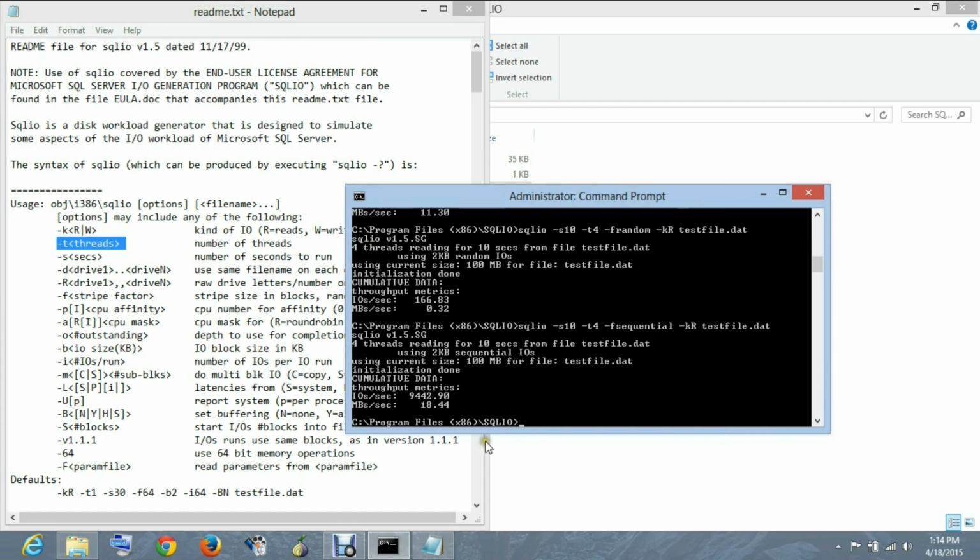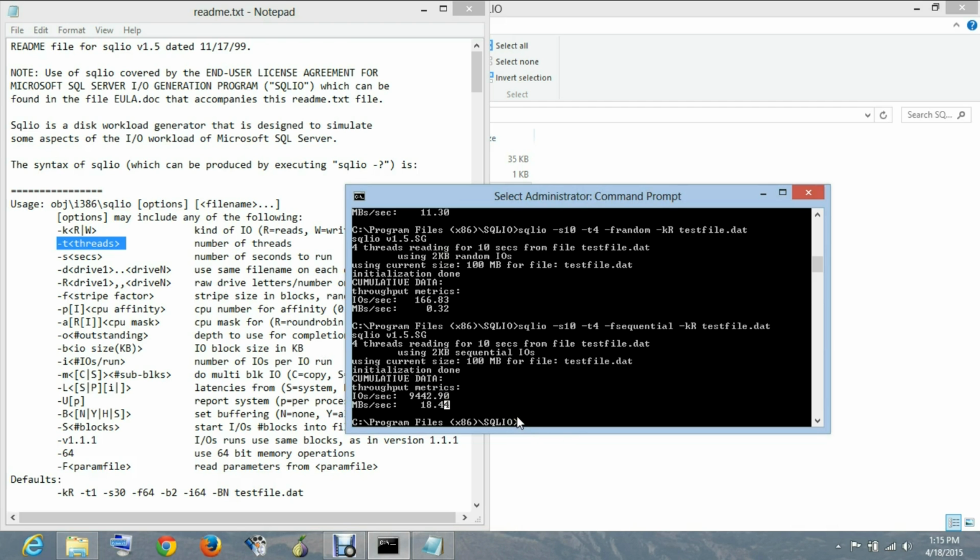See with the sequential access you can see a marked difference in terms of throughput and IOPS than random access. Sequential access allows you to access the files that much faster, but it leads to implementation problems, so you have to weigh the pros and cons.